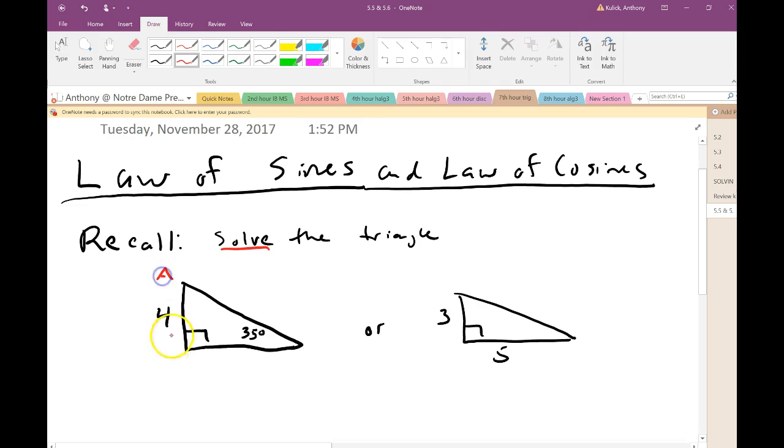So for the sake of argument, let's give this triangle some labels. I'm just going to call these triangles, probably, just put some primes on it. So if we talk about this first triangle, ABC,